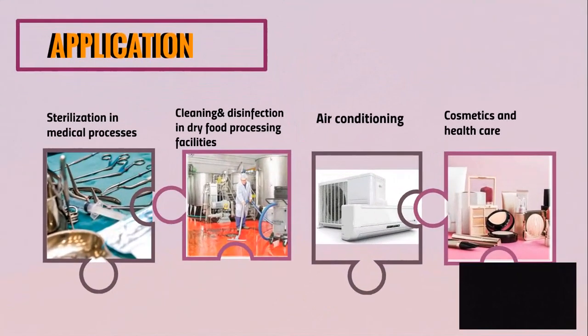Firstly, ethylene oxide can be used as cleaning and disinfection in dry food processing facilities because of the capability of ethylene oxide in destroying most viruses, bacteria and fungi, and it works effectively under dry conditions. The objective of the aeration period is to remove ethylene oxide residue and byproducts such as ethylene glycol, which is formed out of ethylene oxide and ambient humidity. Fortunately, ethylene oxide does not cause changes to the physical and mechanical properties of the items treated, such as no